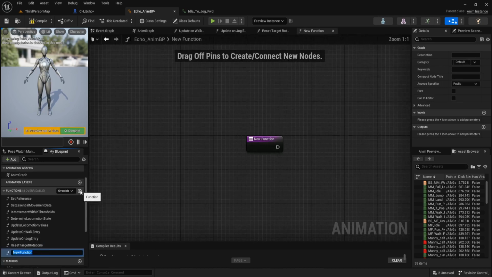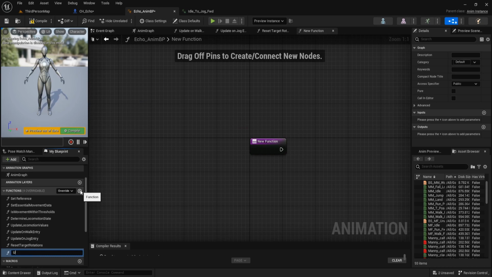Add new function. Name is update character rotation.